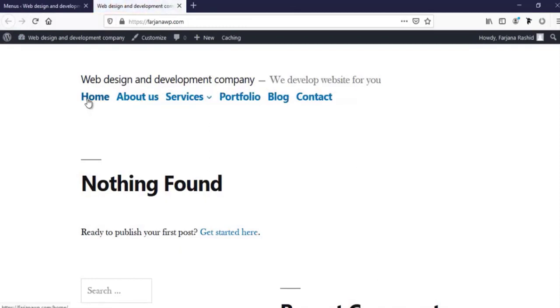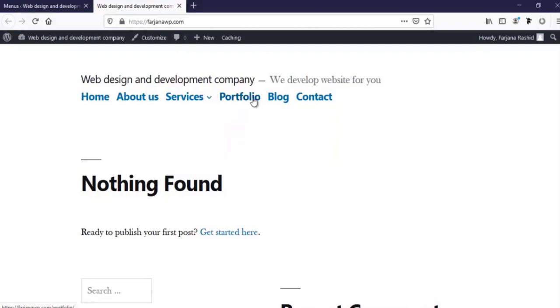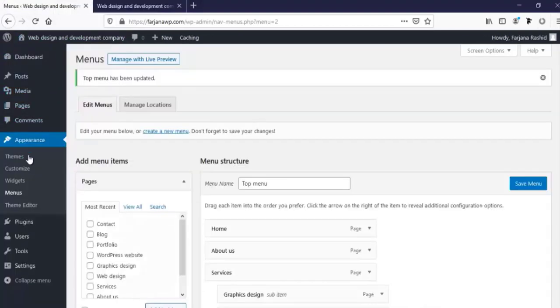Okay, so here first our home item, then about us, services, and here we can see our graphics design, web design, and WordPress website. Here this is not showing under web design as a submenu. Here is the default structure of this theme which is running, and then portfolio, blog, and contact. Now I'm going to the themes option,